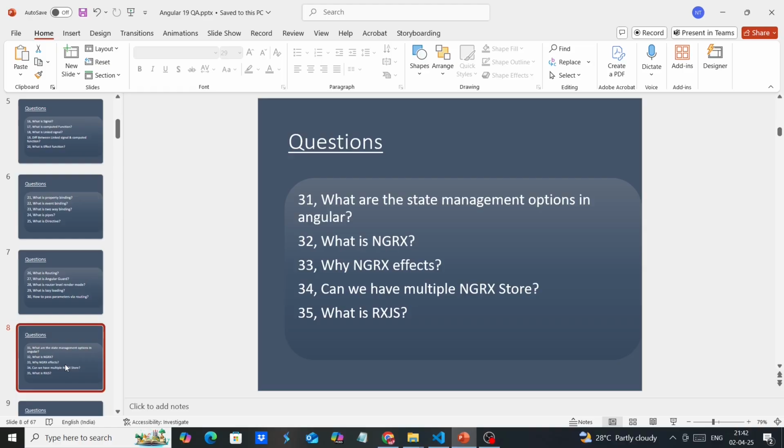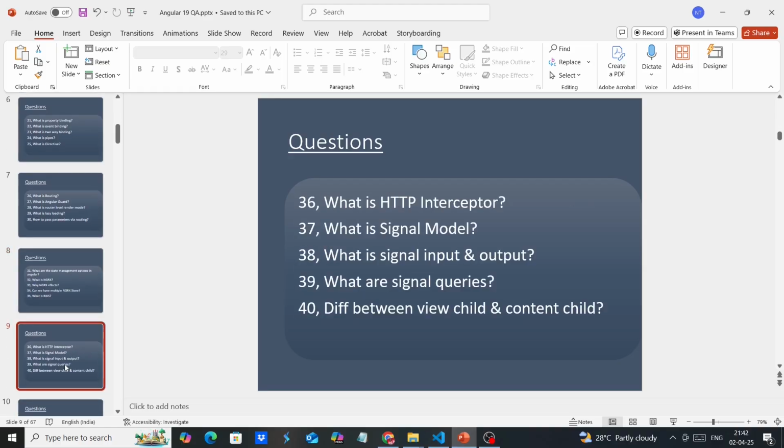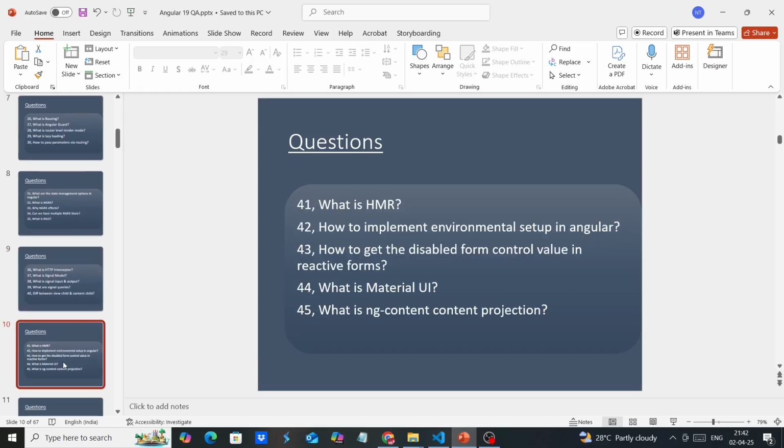What is RxJS? What is HTTP interceptor? What is signal model? And what is signal input and output? What are the signal queries? What's the difference between view child and content child? What is HMR? And how to implement environmental setup in Angular, then how to get the disabled form control value